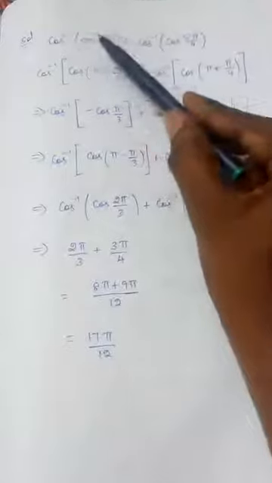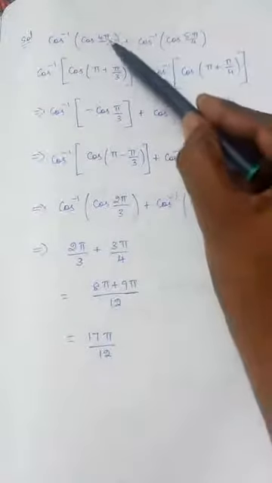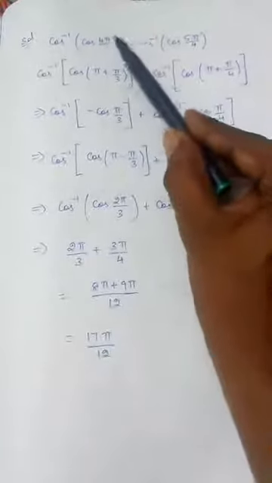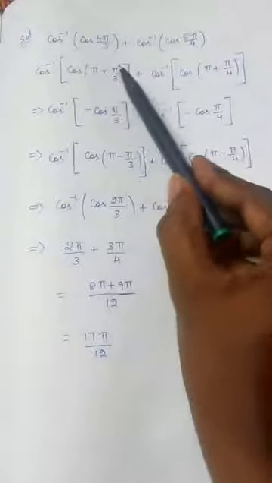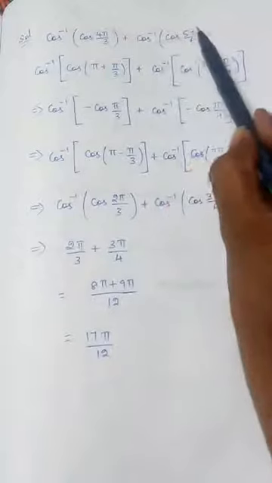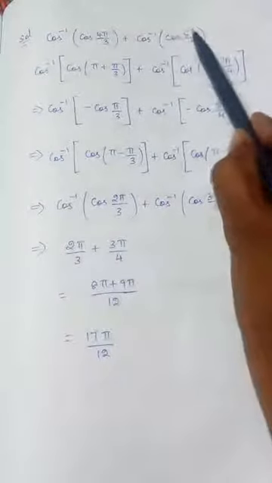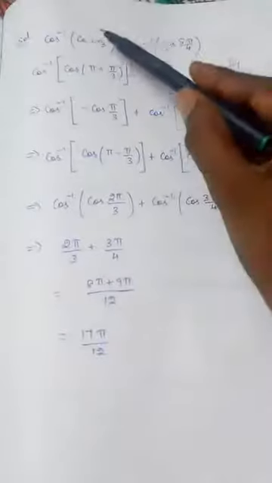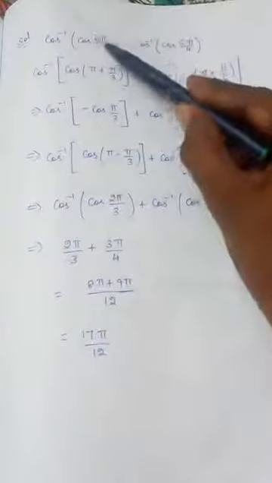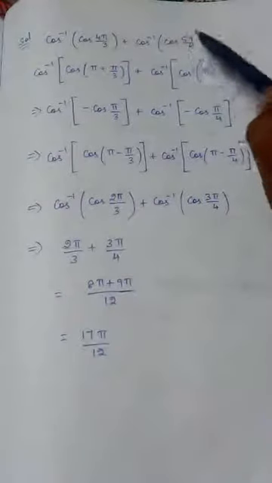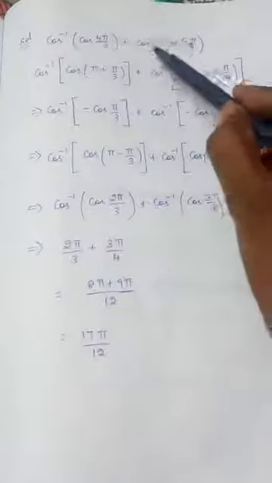We cannot cancel cos inverse and cos, therefore some simplification should be done for 4 pi by 3. So we are writing that as pi plus pi by 3. And here also cos inverse and cos cannot be cancelled. The reason is this value will not lie within the range of the cos function. So try to understand what I am telling. 4 pi by 3, the answer is 240 degrees, does not lie in 0 to 180. Similarly, this value also does not lie in 0 to 180. So we cannot directly cancel cos inverse and cos.